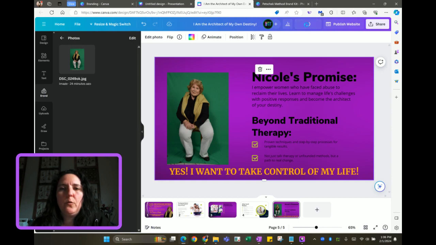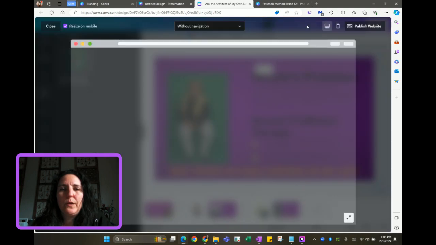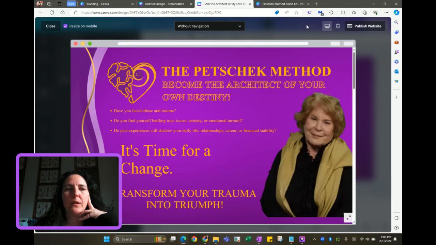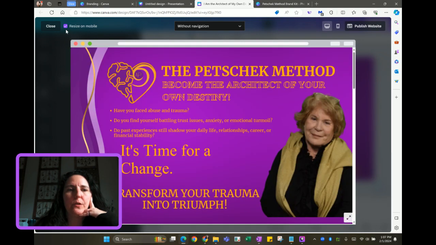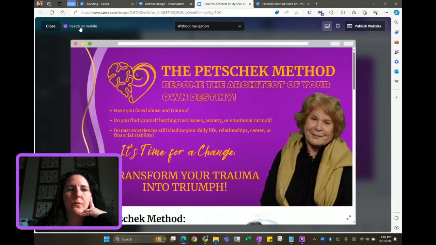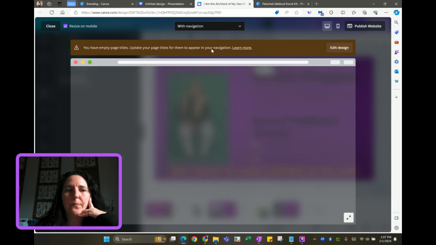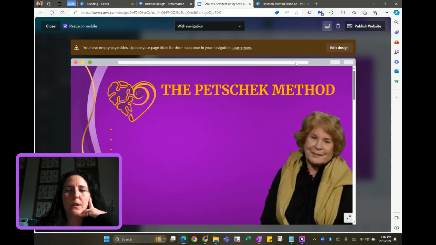So preview helps you to see what it's going to look like on the web as a web page. And there's a few little features here. So let's start up here on the left. This tick box, resize on mobile. Leave it ticked. You always want it to resize on mobile. With or without navigation. So if you add with navigation, it will add a little navigation bar to the top